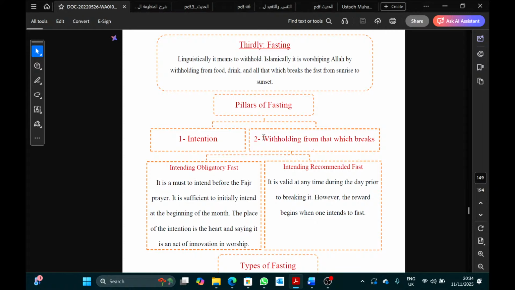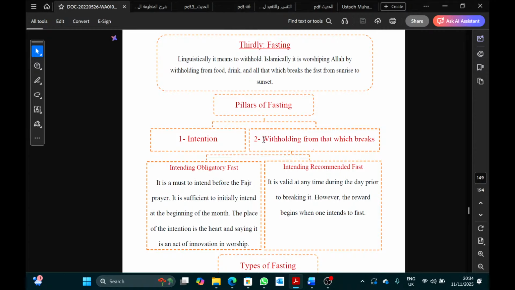Fasting, linguistically, the word siyam, you can say som and siyam. Both of them mean the same thing. For example, Allah says, Ya alladhina amanu kutiba alaykum as-siyam, O you who believe, fasting has been prescribed upon you. But in the hadith of the 5 pillars of Islam, بني الإسلام على 5 شهادة لا إله إلا الله محمد رسول الله وإقام الصلاة وإيتاء الزكاة وصوم رمضان, the word صوم is used. So both are correct and both mean the same thing.